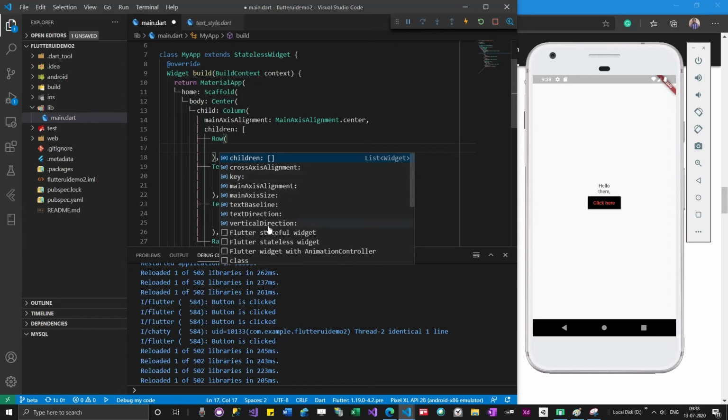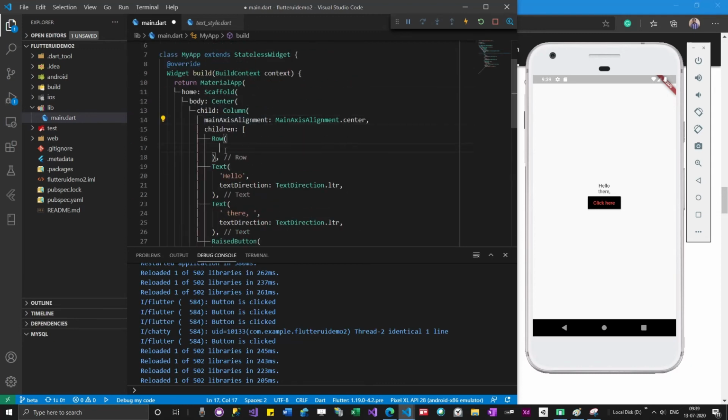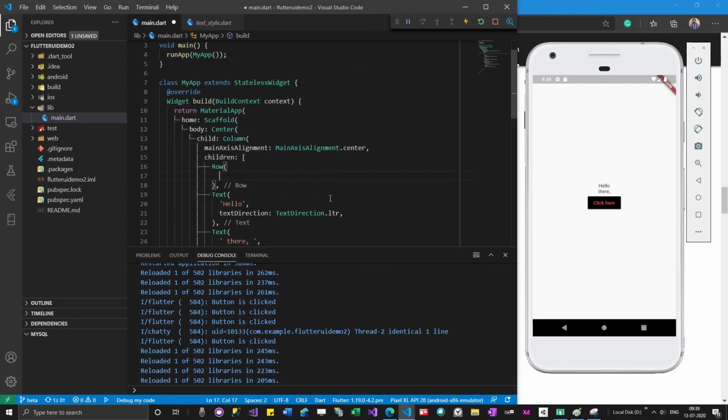Okay, so never worry about knowing each and every property. In computer science everything is possible. The only thing is you have to spend some time to understand what programming is capable of. For example, if you are taking Flutter, you need to understand what kind of mobile apps you can design. Don't worry about coding like what I am doing. Don't worry about what is main axis alignment, just go ahead and type it, keep on typing, you will understand, your brain will become sharp automatically.